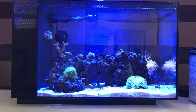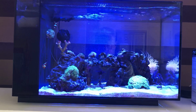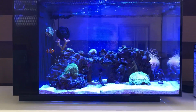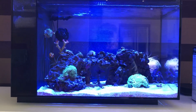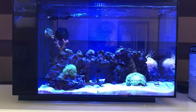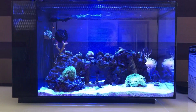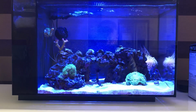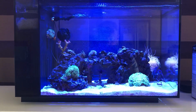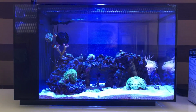So if anyone is thinking of getting an AI Prime 16 HD, they are brilliant lights, and my iPhone here is nowhere near doing it any justice. But what I did is I downloaded some schedules from the Signature collection from the AI Prime website, and then tweaked one or two of them to basically shorten the time frame that the lights are on. So it comes on around 2 now, starts ramping up from about 2,